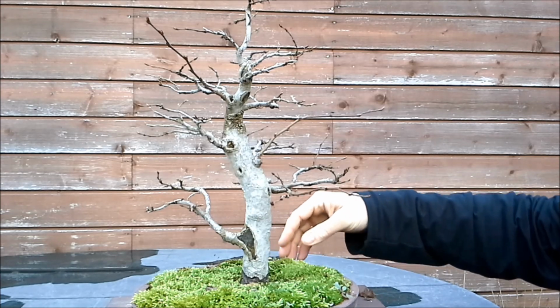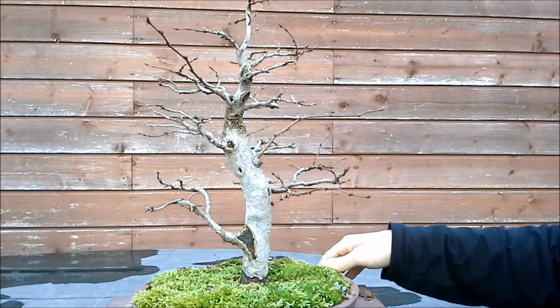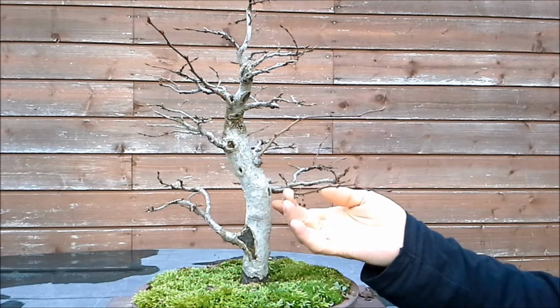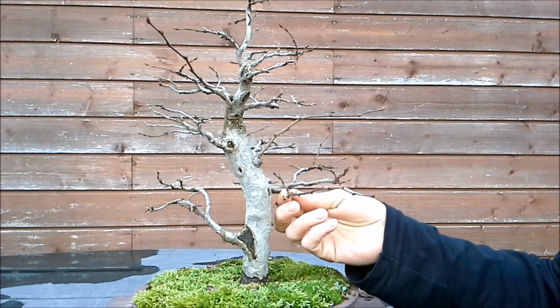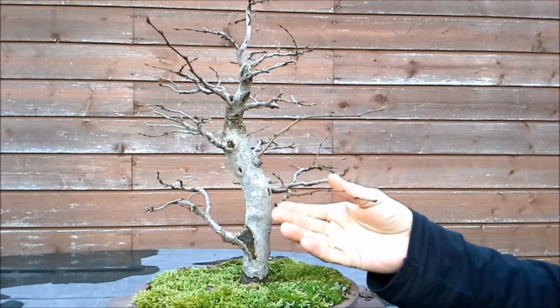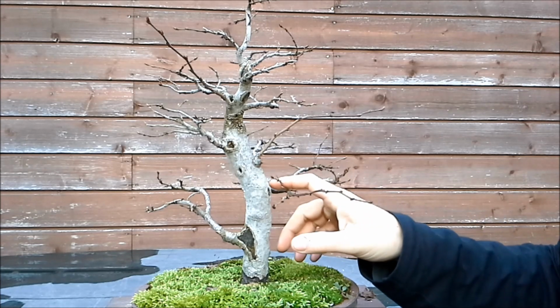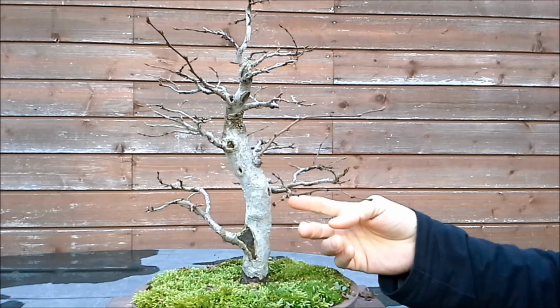Before I start wiring, one quick thought. I have this branch that grew this year. I let the tree grow freely most of the time, because I wanted the roots to grow more. So this is something I'm not going to use, and well, it's making a strange turn. It's pointing to the viewer,